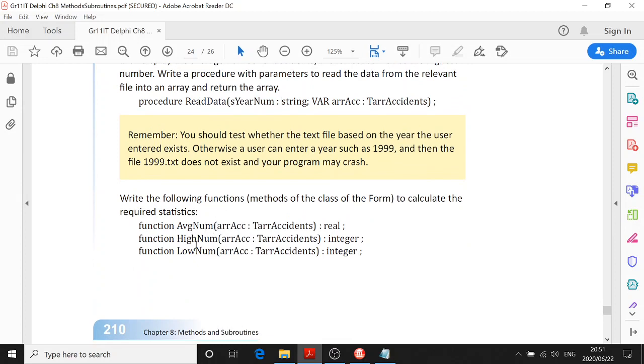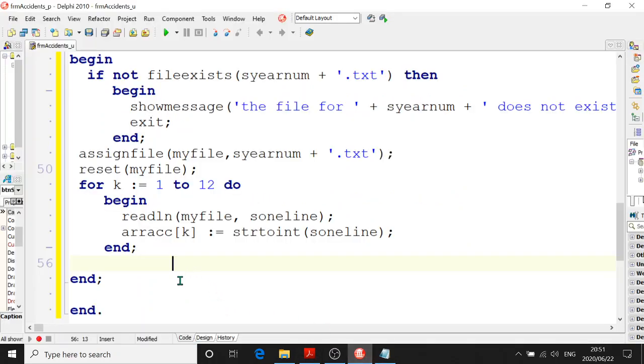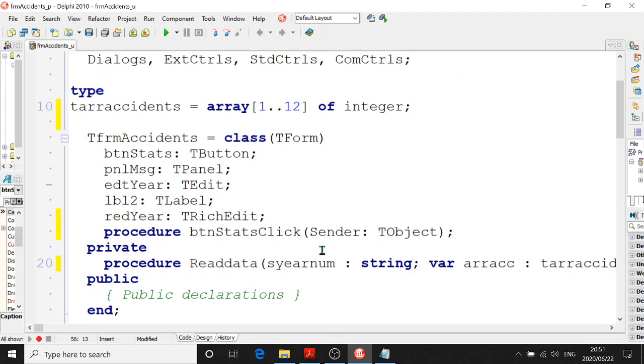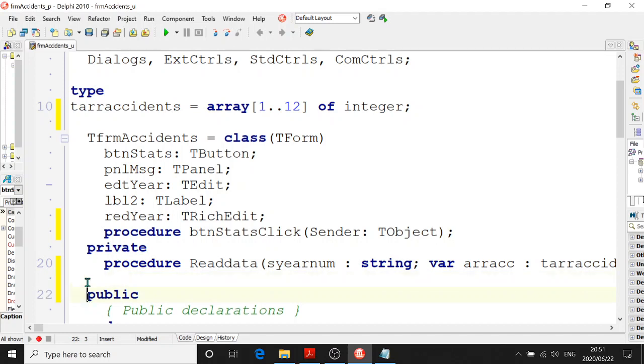Now we must write these functions: average number, high number, low number. So let's write a function called average number. Take note, we have not actually used any of these. We're not actually using it yet. We still got to call these procedures and functions. We're only writing them. Procedure average number, avg num, and it's also receiving an array,